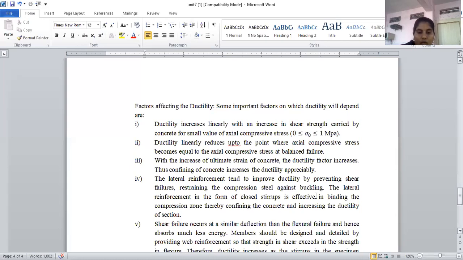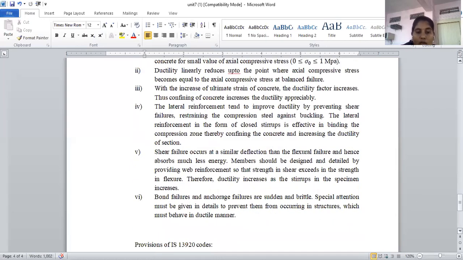Next one is the shear failure. Shear failure occurs at a similar deflection as the flexural failure. Already we know if the RCC components are weak, designed with a bad material, which is brittle in nature, then what will happen when such dynamic loads are coming? Our structure will become an unsafe structure. Some damage will occur to the building, so we have to make sure the deflection is less. Again, whatever flexural failure will occur in the building should be avoided.